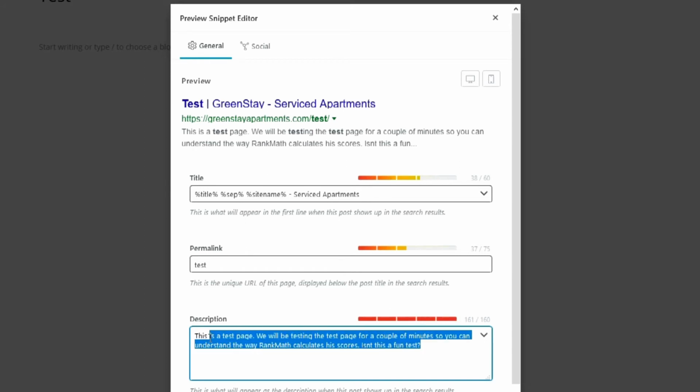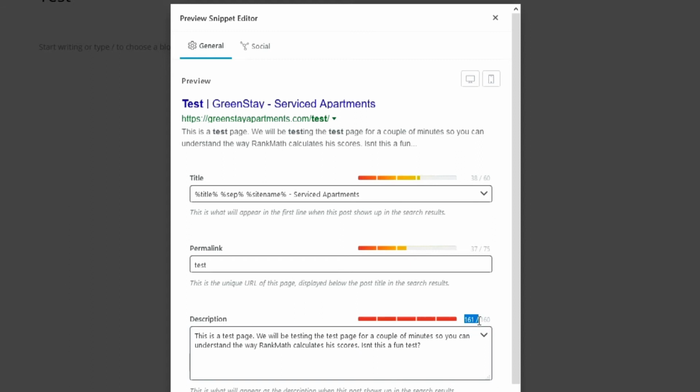I have entered this text and you see it is 161 characters. Google doesn't really work with characters, they work with pixels, but it gives you a good idea of how long your text should be. So this is just a little bit too long, so I remove this question mark. And here you see that it's 161, it is full green.